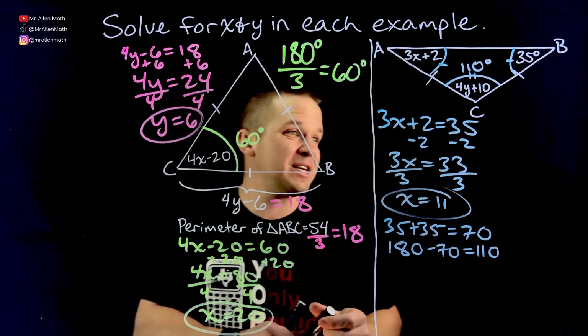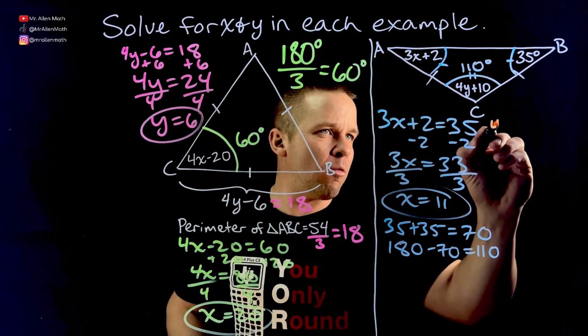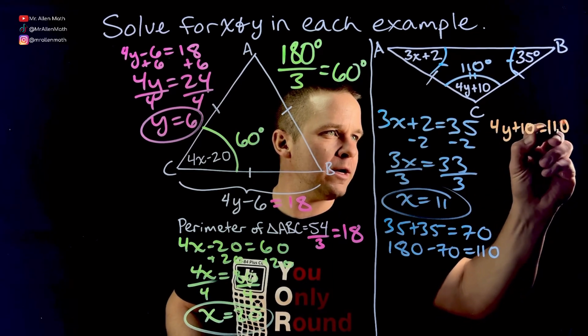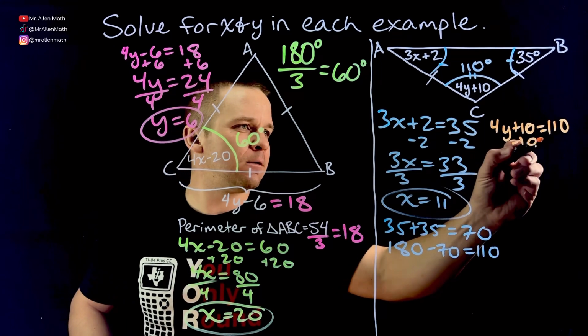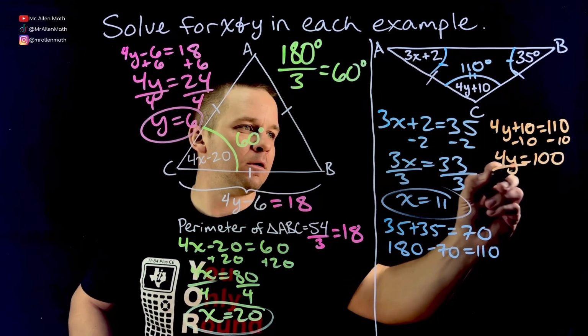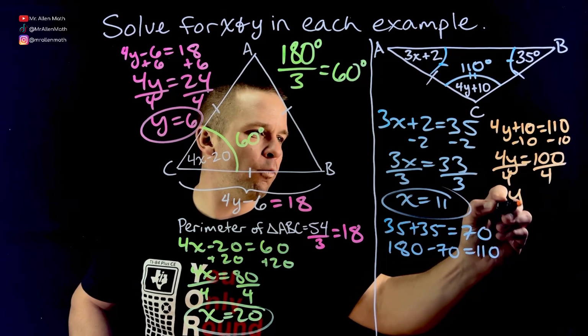We get a different color so it doesn't get mixed in there. We got 4y plus 10 equals 110. There we go. So subtract 10. So we get 4y equals 100. Divide by 4. And get y equals